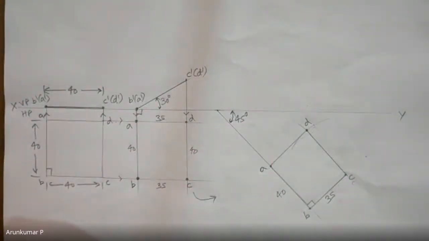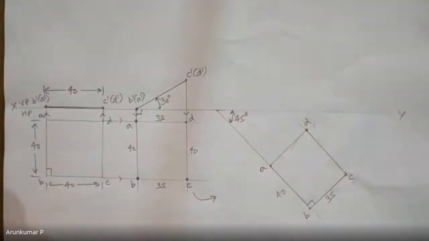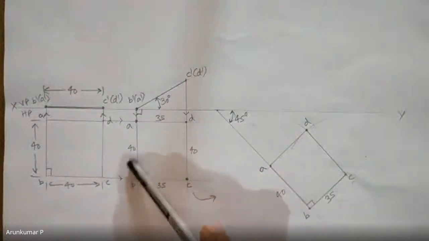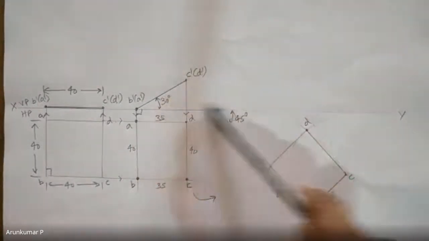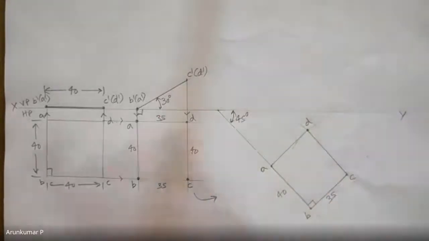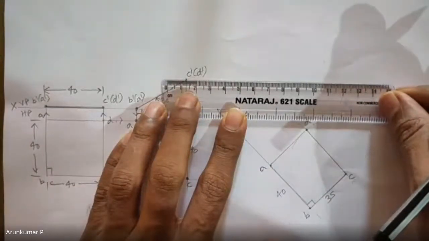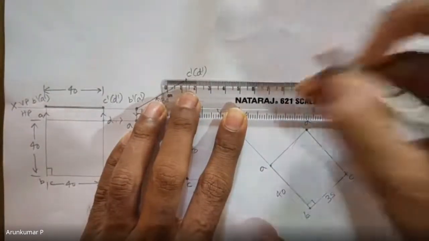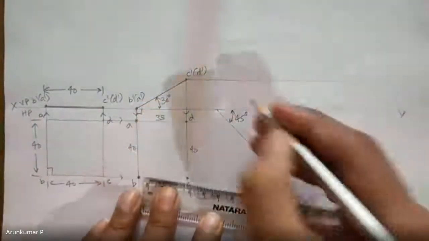Last step, front view. The third step front view has to be located here. That is the same as you have done here to locate the second step top view. You have to project the front view projection lines and the top view projection lines. I'll show you how. First you project the front view projection line. So C dash and D dash I'm going to project first. It's up to you, you can project A dash, B dash also. I'm going to project this.